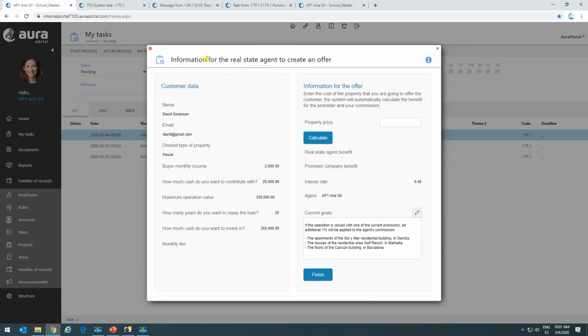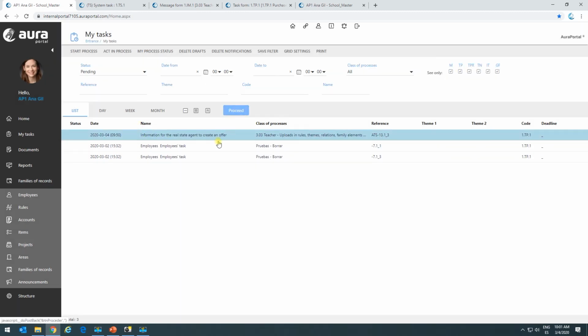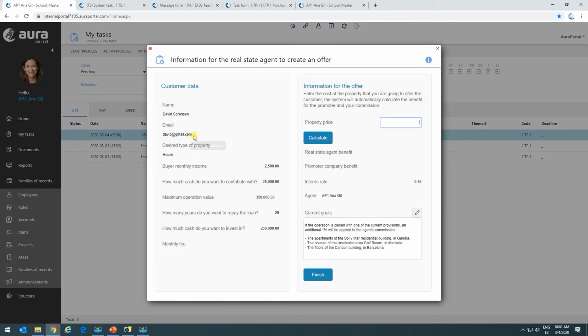Okay, I'm going back to the task here. So we launched the process. Once we launched the process, we received this task here. It already went through the system task and brought us certain business rules, for example, this one here and this one here. But we're still missing a few rules. For example, here